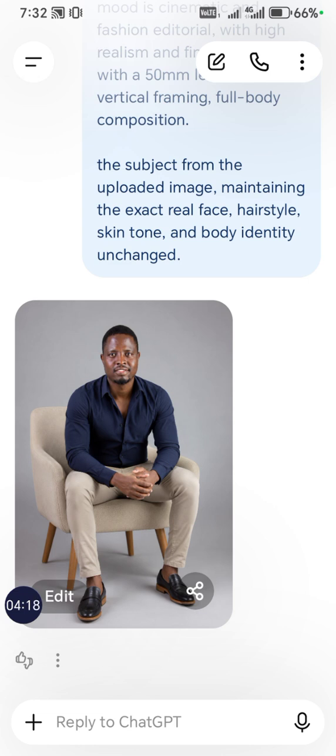There you go. So this is the photo. If you look at the photo, it looks exactly like the gentleman, and it looks exactly like a photo shoot. I hope this is just for educational purposes, guys. And I hope this makes it easy for you to get any photo that you would like, which is very clear, without paying anything.